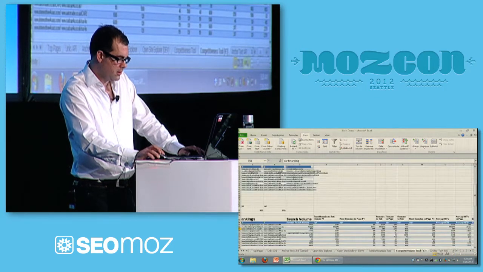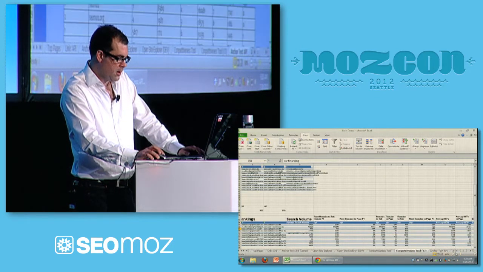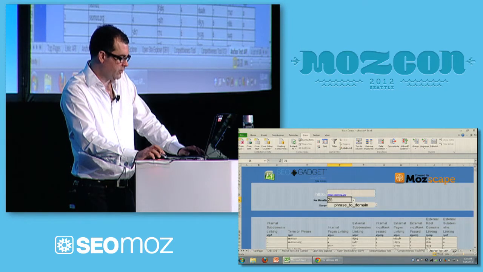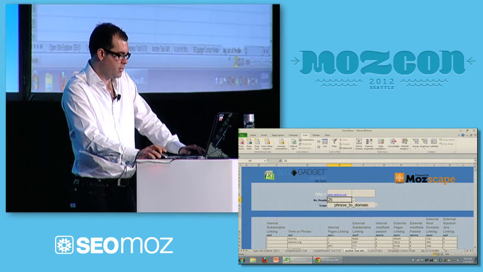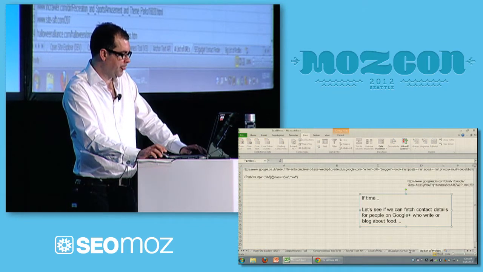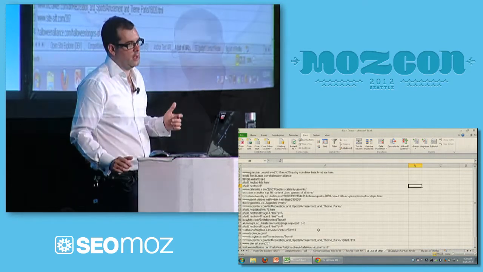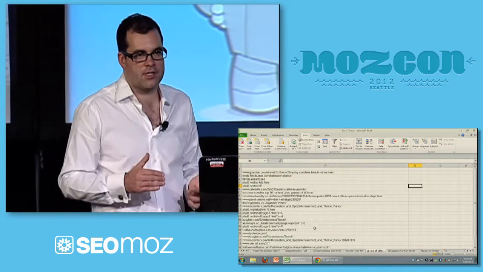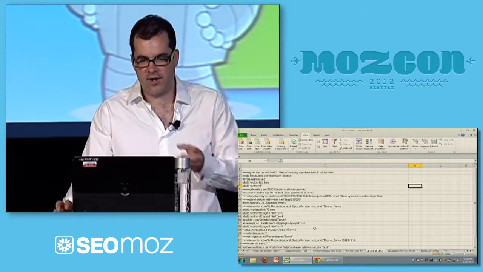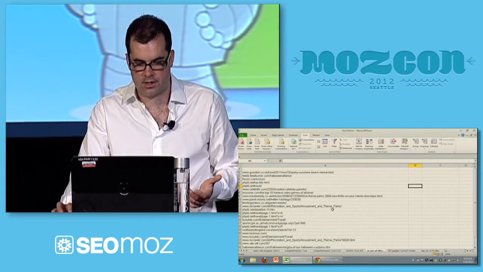Yesterday, Matt was talking about different kinds of links that might be kind of spammy. And he said that MozTrust was a really good example of how to weed out slightly sketchy looking links. And I haven't actually done this yet, so I'm just going to work it out as I go along.